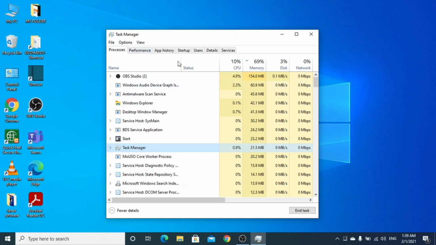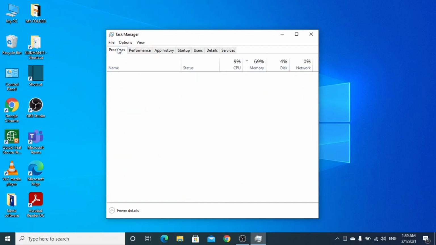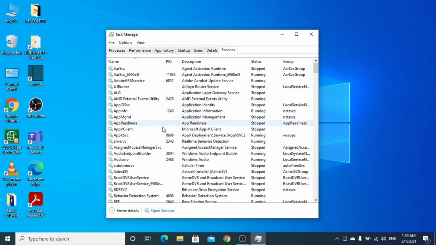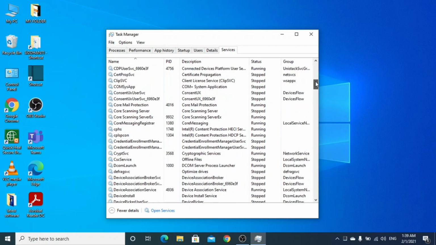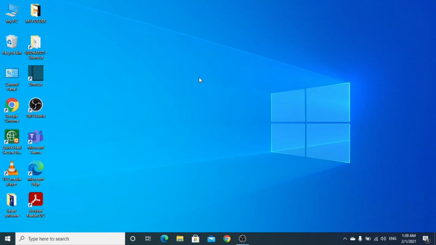Then go to performance, and here go to services, and here you should find the latest services which should be running.